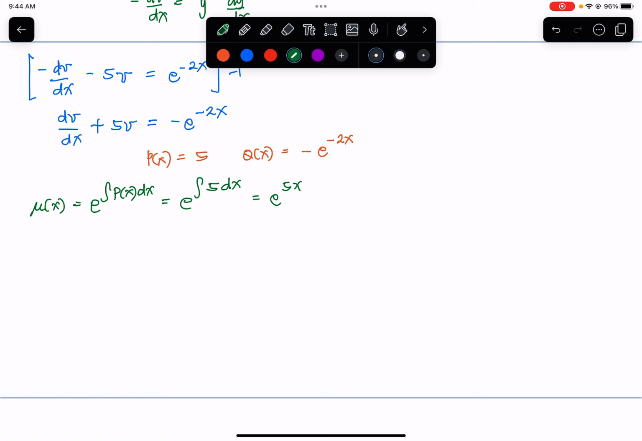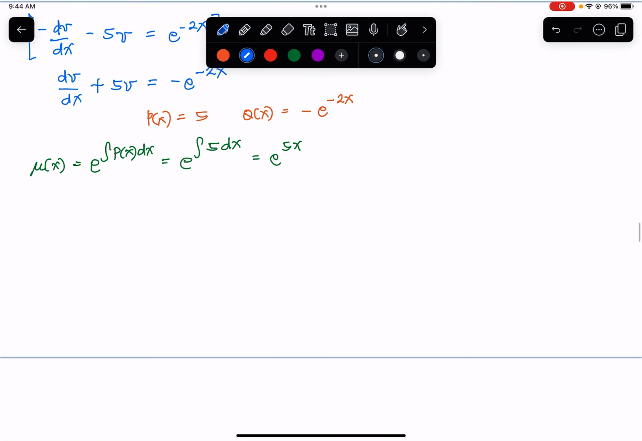So our integrating factor can be an exponential function. It's not always that we cancel out the exponential function. So it is possible that our integrating factor is an exponential function. In this case, it's e raised to 5x. Thus, we proceed with our general solution working equation, which is mu of x multiplied to linear in v, and then q of x, mu of x dx. So our mu of x is e raised to 5x,